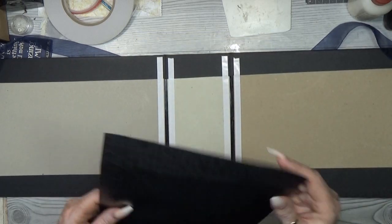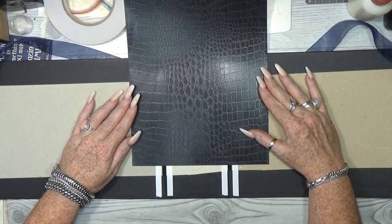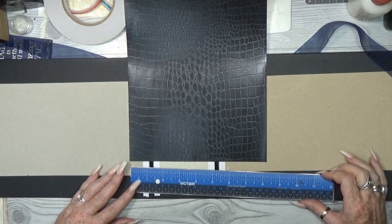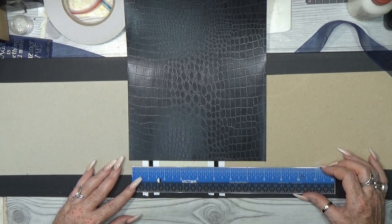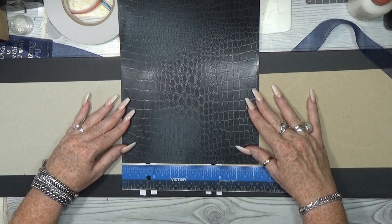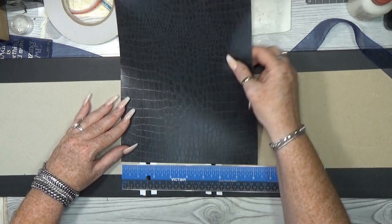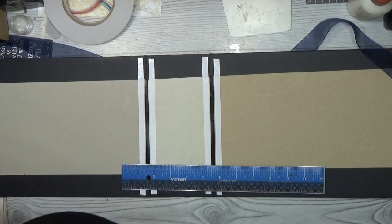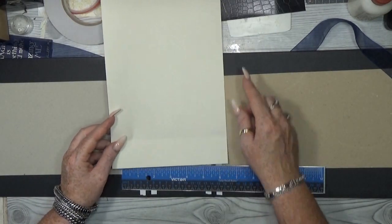That's cool. Now, do I want to overlap these? Let me see how much. Well, I don't want it too much. That's not nice. So how much do I want to overlap this? I think 1 inch or 1.5 inch. That's enough. I think if I cut this at 7, then that will be enough to use. Alright, then you still have a nice strip left. You always can use that in your...